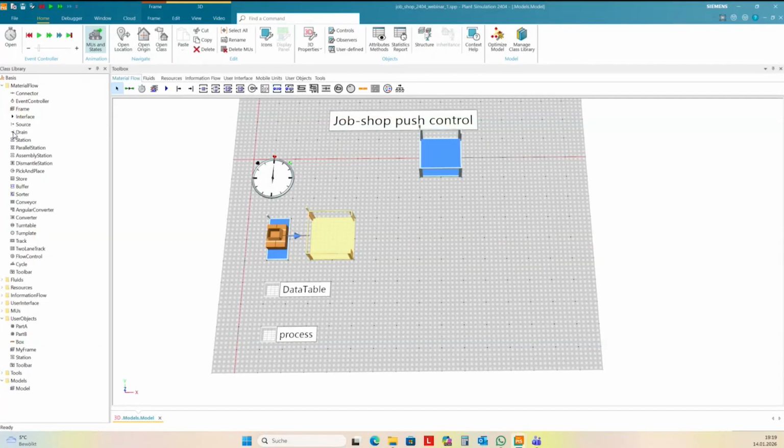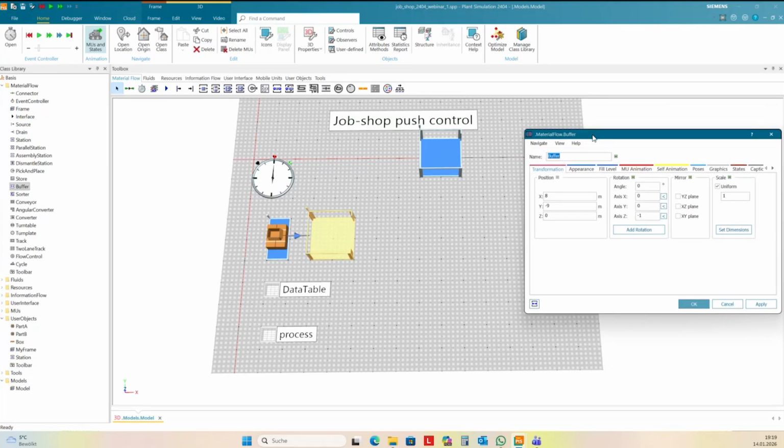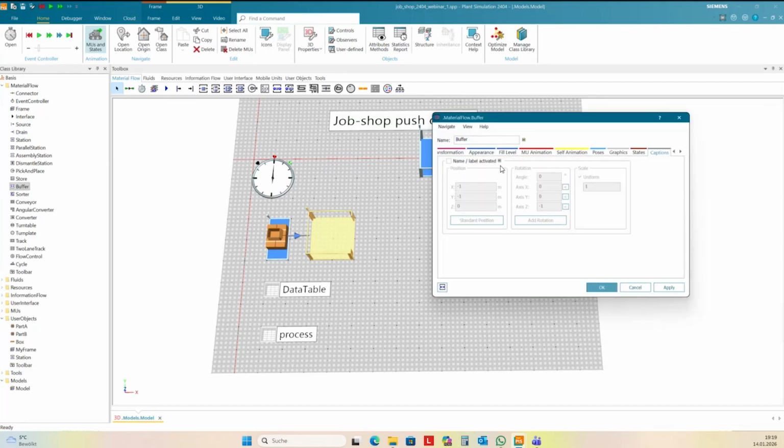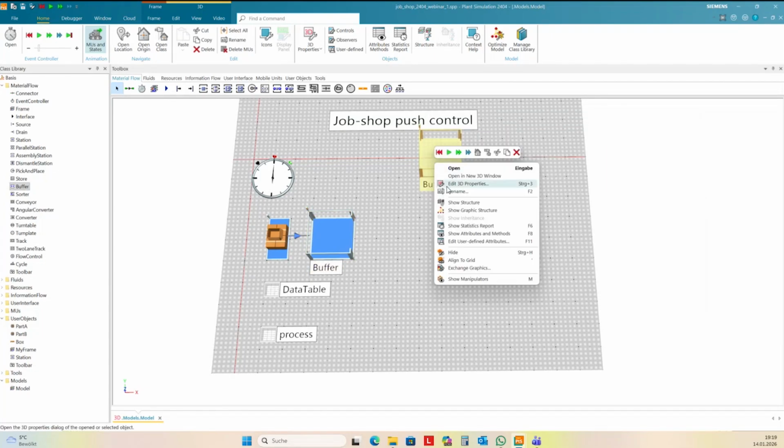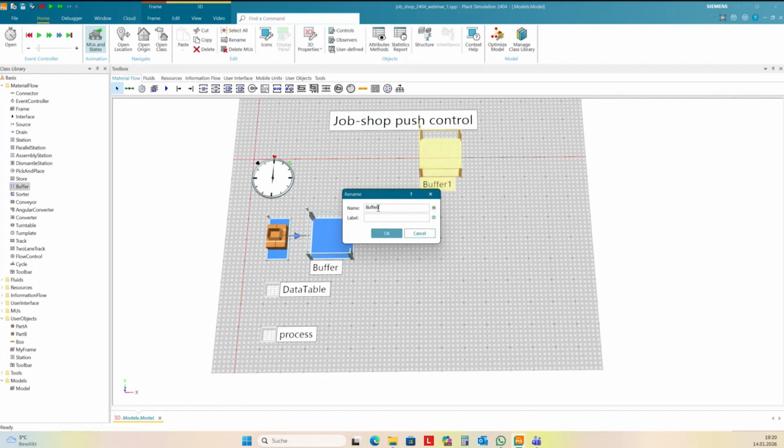I changed the buffer setting here in the class library, added 3D properties, and go to caption and activate the caption that you can see here, the names of the buffers. First should be buffer underline A. This is the entrance buffer of this shop A. And then we need a buffer B, buffer C, and buffer D.